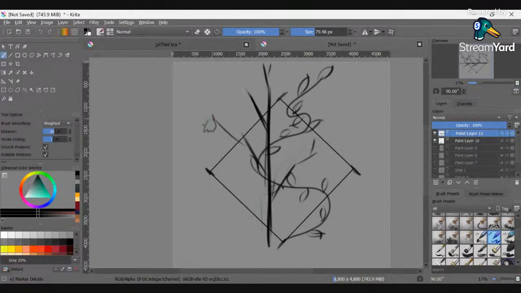Yeah, I think a thin branch is better. And then, since I'm doing just a thin branch, we can amp up the size of that maple leaf. Now we can either do it up like that or have it